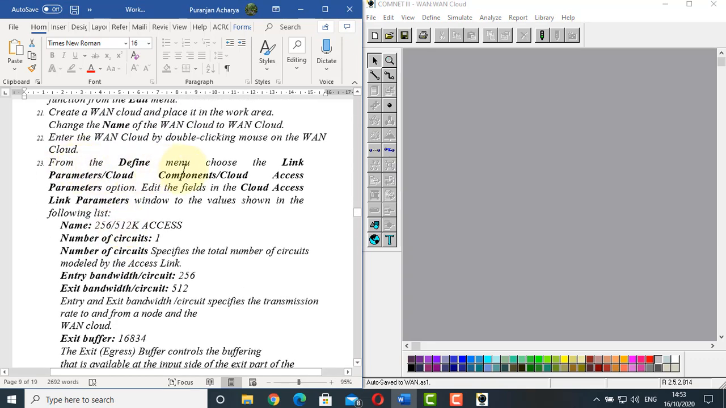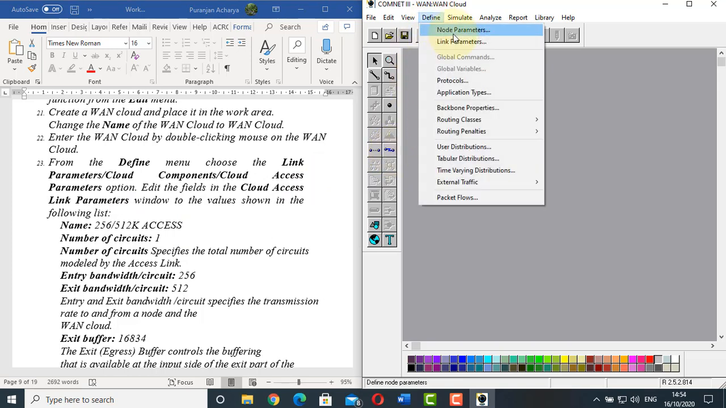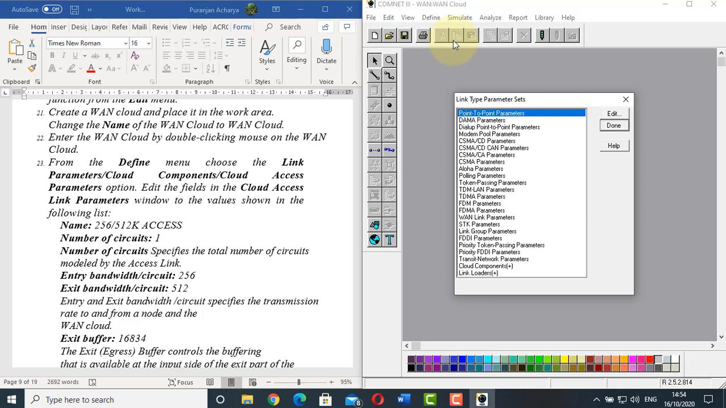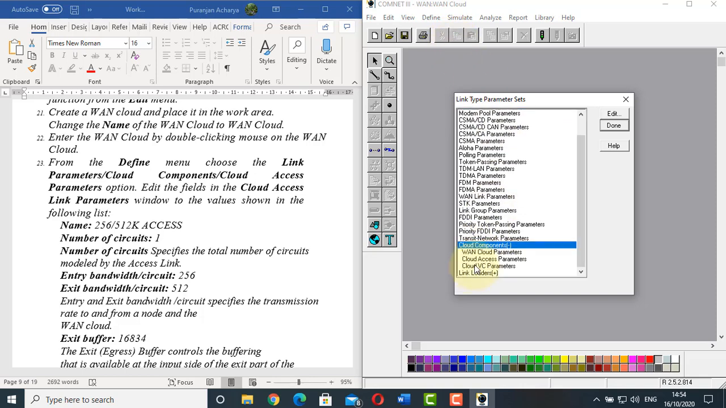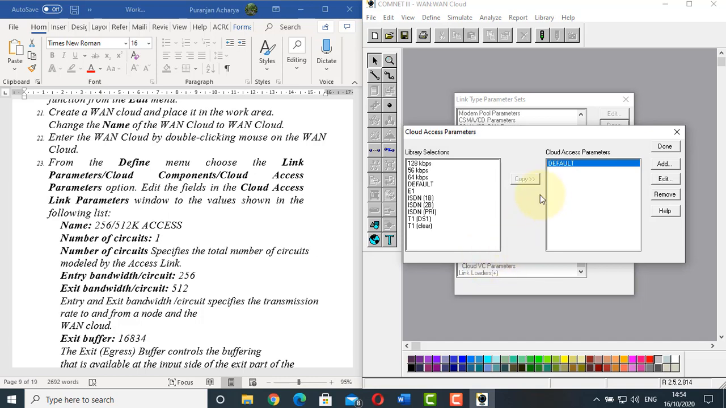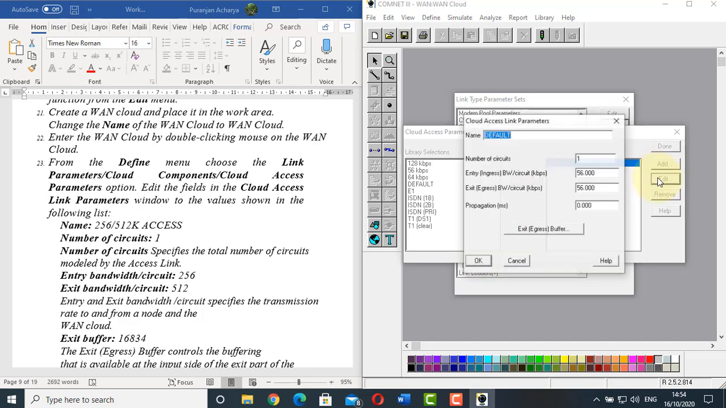from the define menu, choose the link parameters, cloud components, cloud access parameters option. Edit the fields in the cloud access link parameters window to the values shown in the following list. Basically, we are now going to configure the parameters used for the access link, also called point-to-point link. So go to define menu, link parameters, go to cloud components, go to cloud access parameters and click on edit. Give the name